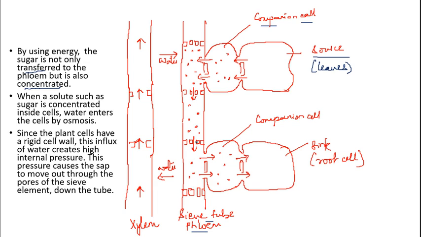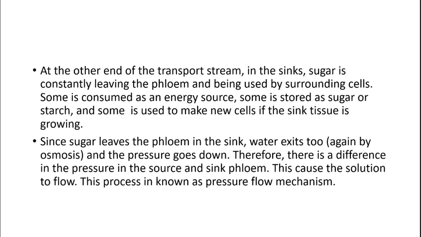So these are the pores. This sap, due to high internal pressure, the solute is moved to the downward position. The sap is moved through the pores to the downward position, and the downward is located in the sink tissue. So at the other end of the transport stream, where the sinks are located, sugar constantly leaves the